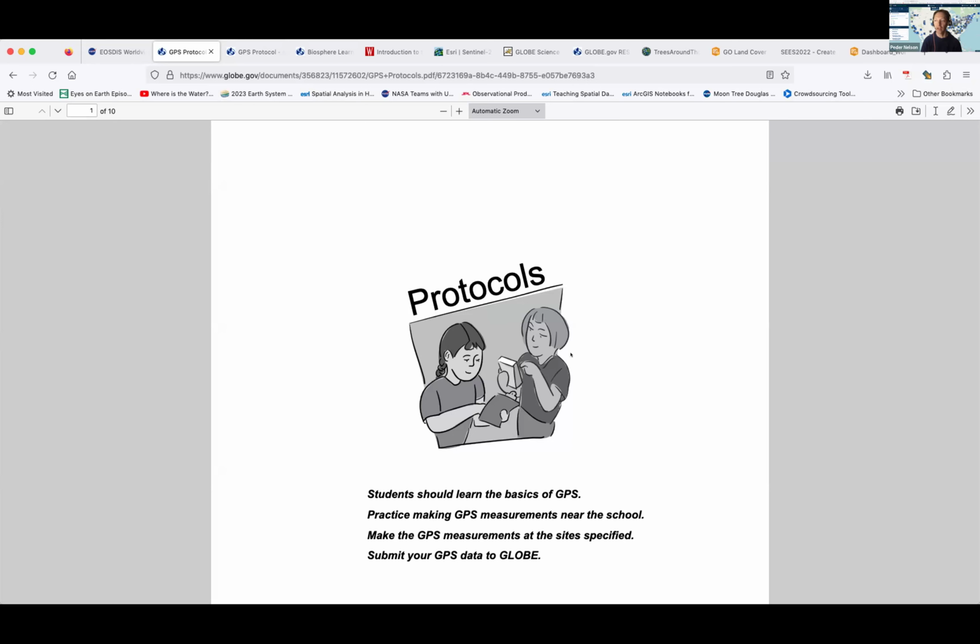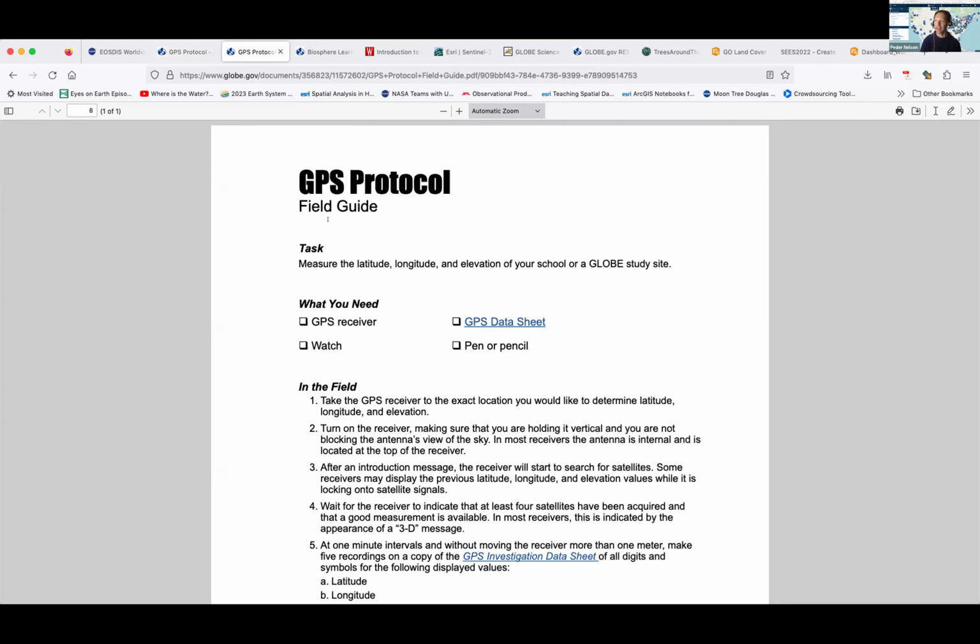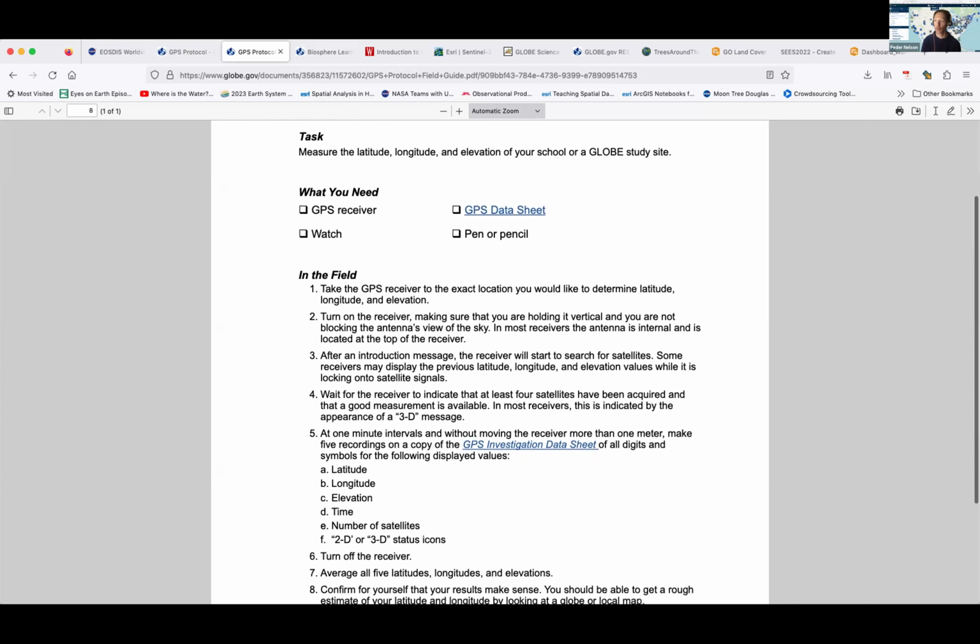We really need to know, where are you located? So pay attention to this GPS protocol, because there is a field guide and sheet here that has you take down your latitude, longitude, location. Again, this is really, really important, because when we go to the map, I'll show you what can end up happening. Okay, so I just want to really emphasize that this is a measurement that is happening.